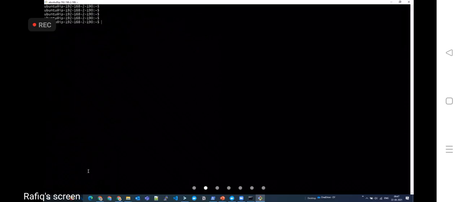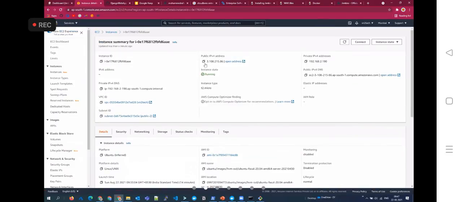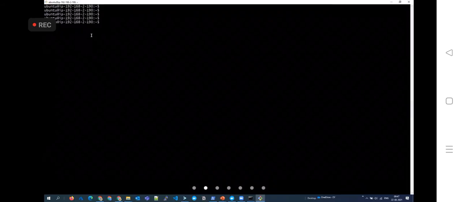Okay. So now I am actually connected to that AWS server that we provisioned. So here, if you see, this is the server that we just now provisioned, right? So this is a public IP. This is a public DNS. Okay. So this server we connected, and what we are trying to do is we are trying to install Jenkins